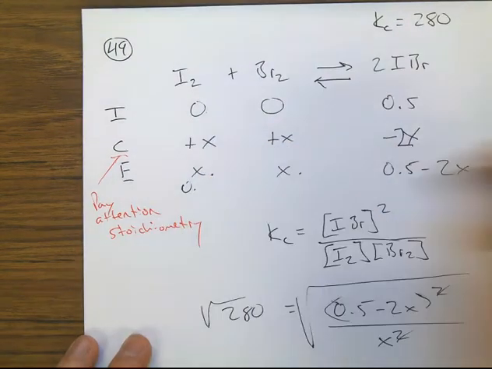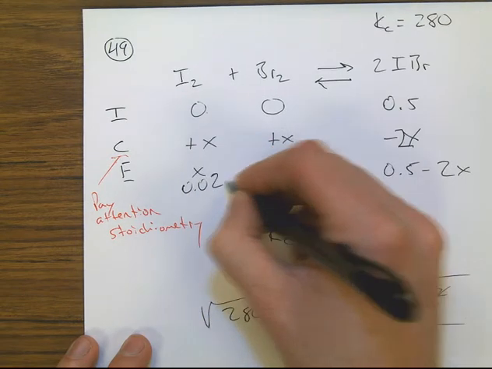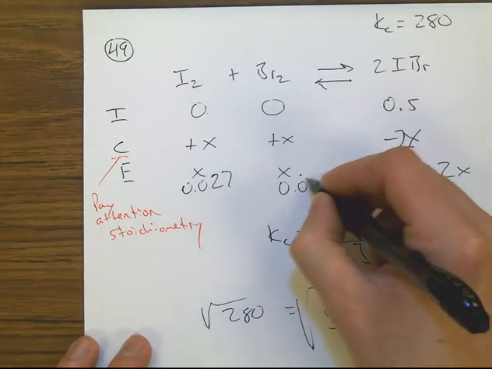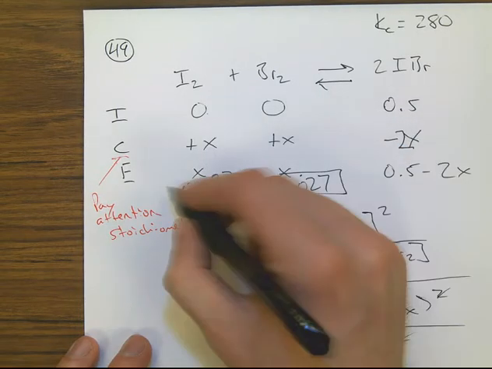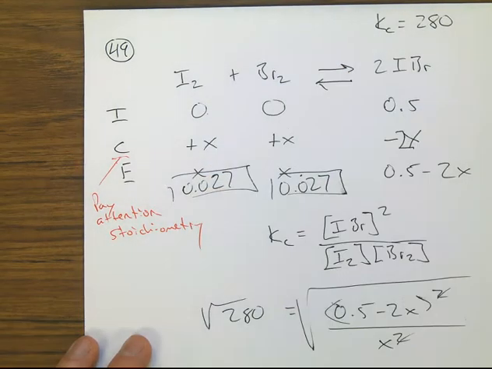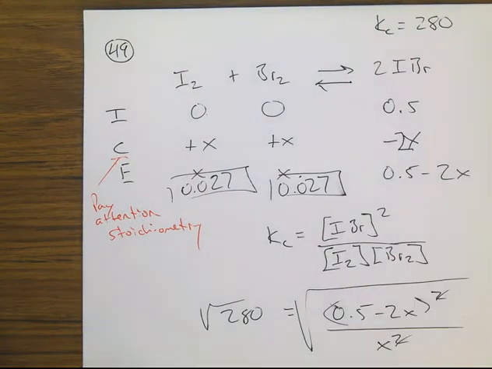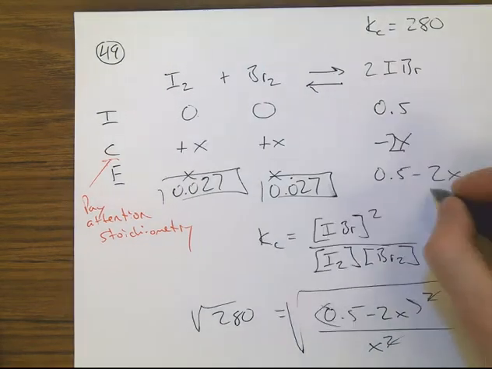So the concentration of iodine at equilibrium is that number that I solved for x, which is 0.027. Same for this one, it's 0.027. Those are my two answers for iodine and bromine. And then I have to plug that in and multiply it by 2 here. So it's going to be 0.5 minus 2 times 0.027, and the answer I get is